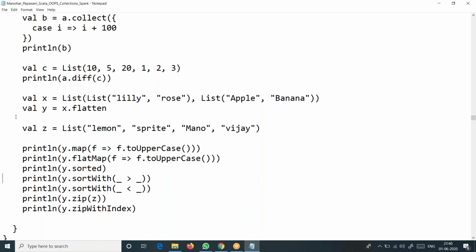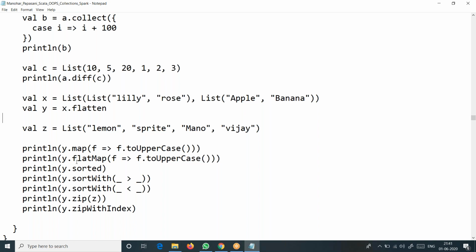And then again, Z is there here. If you see toUpperCase, we know what it does, and we are passing that function inside a map here. You can see, we had already implemented map in the last session, very well. So what we are doing is iterating each string in the list and converting it to uppercase. That's what we are doing here.